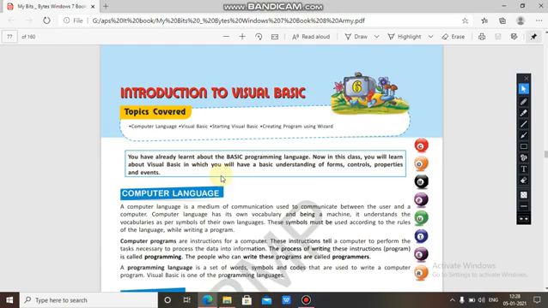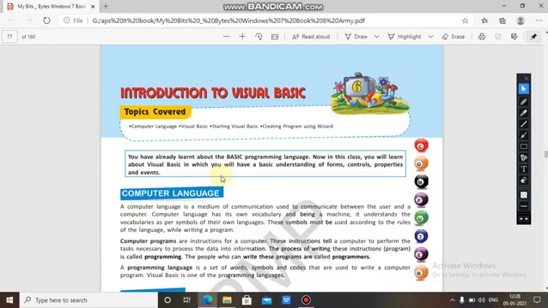Now, a programming language is a set of words, symbols, and codes that are used to write a computer program. Remember this. What is a programming language? It consists of a set of words, symbols, and codes which are used to write a computer program.